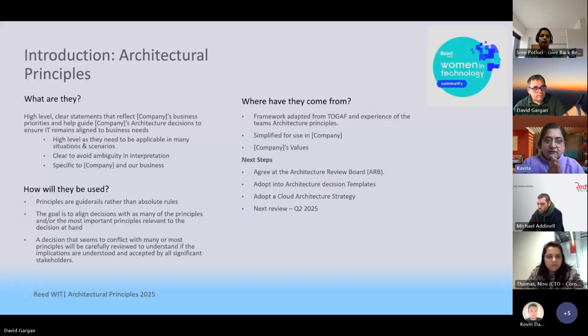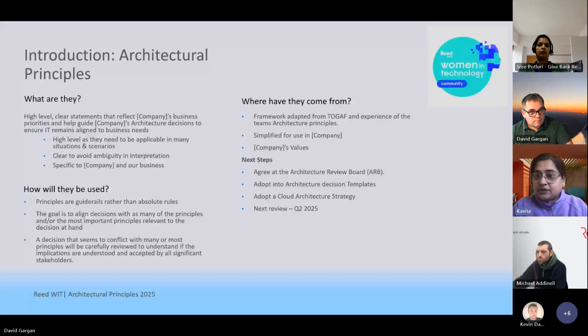They're non-technical, simple English statements, which set the basic guardrails and ground rules whenever you're making architecture decisions, whether around data, business, solutions, etc. They are important, and like it says on the slide, they are guardrails which you can use to align any decisions going forward. Coming to the third bullet point, on how they can be applied: